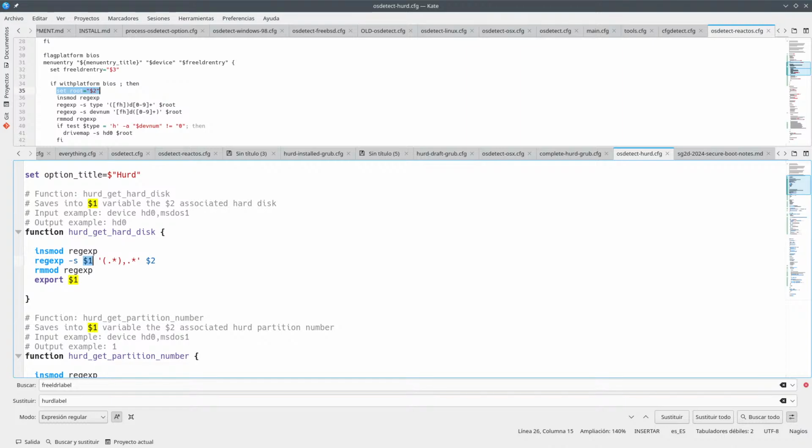Wait a moment. So we need to get the hard disk. So the hard disk name, whatever. Yeah, so it's HD. So we need to get the number. Oh my god. So something which is no number, then get the number, and